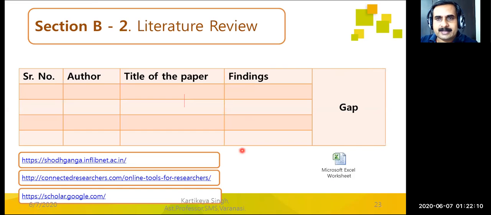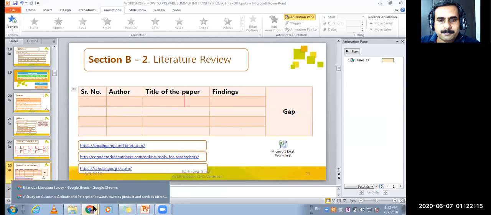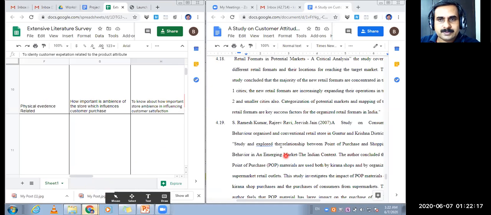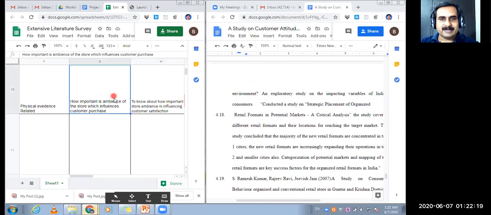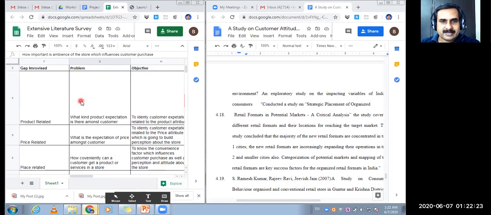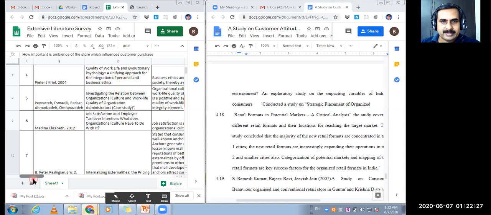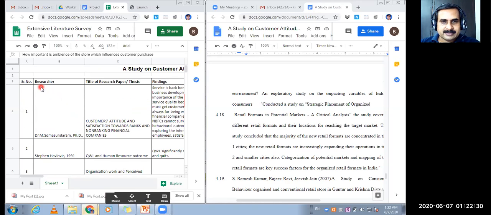हमने फिर ये करने के बाद आपको प्लेटफॉर्म दिखाया, ये कैसे एक्सटेंसिव लिटरेचर सर्वे किया जाता है, एक्सटेंसिव लिटरेचर सर्वे करने का तरीका, कैसे हम गूगल सीट पे अलग अलग सेक्शंस में चीजों को पेस्ट करते हैं, हम लोगों ने ये दिखाया। जैसे रिसर्चर, टाइटल ऑफ द रिसर्चर, फाइंडिंग,